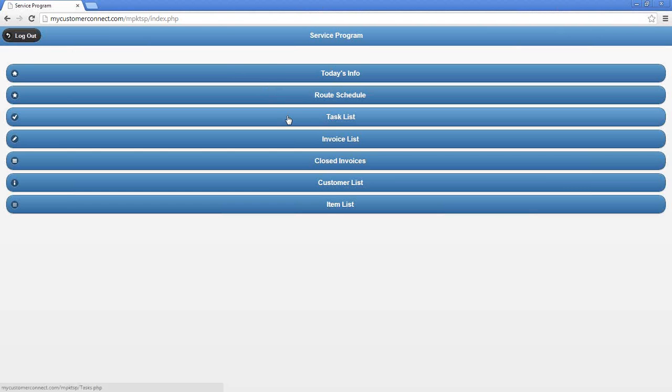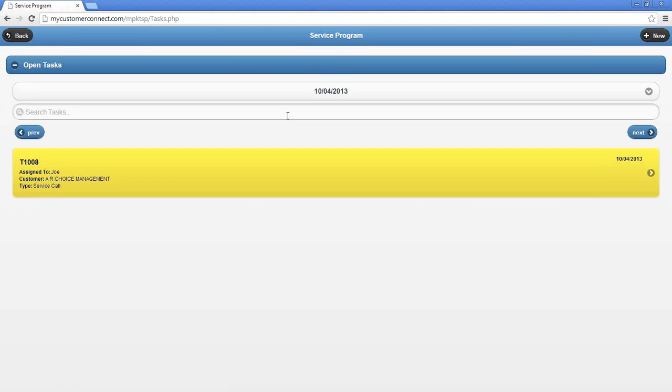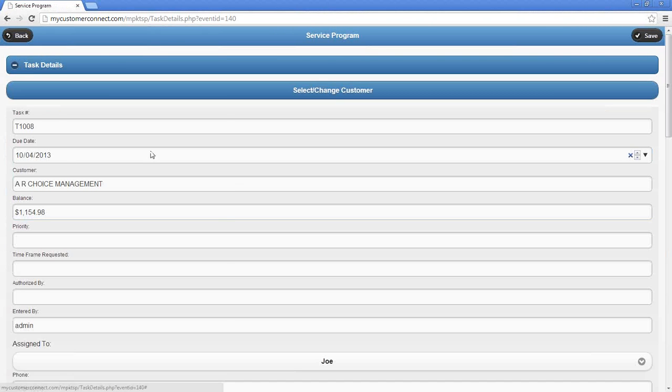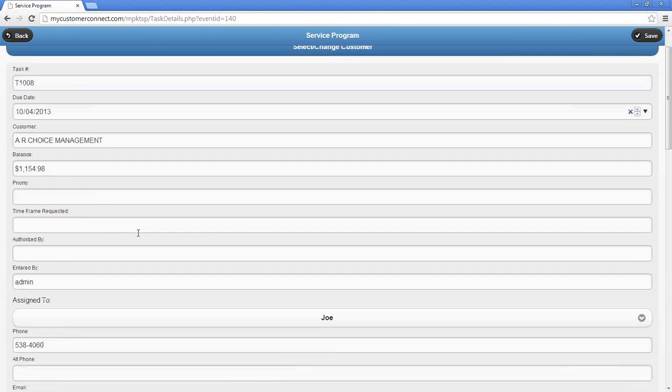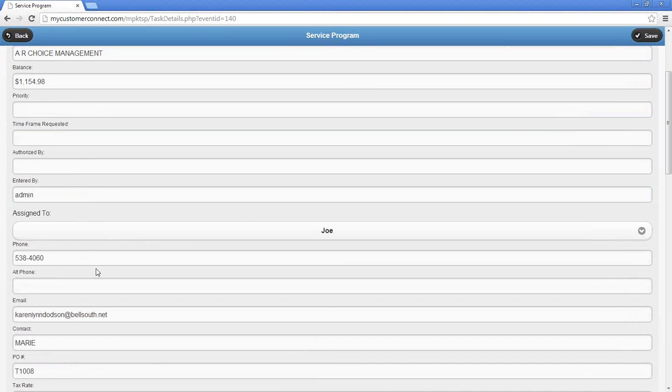Now, if I just right away, without doing anything on my mobile device, go to my task list, I see the task right away. The guy doesn't have to hit a button, do anything. It's there. We tap on the task, open it up. All the customer information is there. It's assigned to Joe,